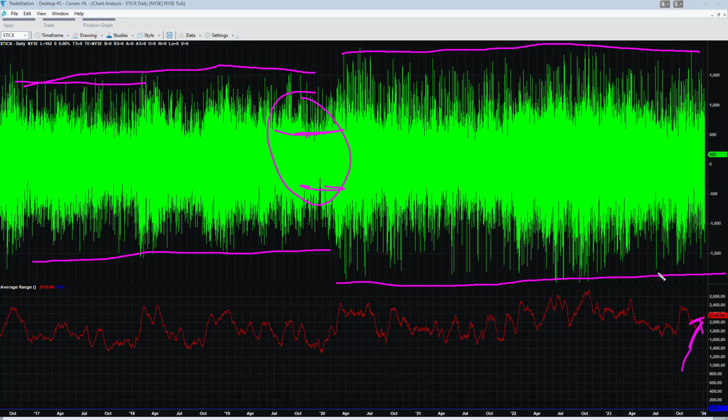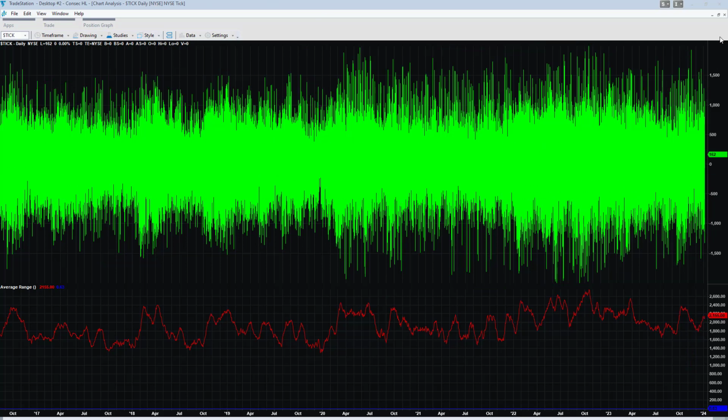Since the pandemic, it's contracted lately. You can see a little bit of a contraction here, but it's starting to expand again while the VIX ranges. Could this indicate a breakout because the VIX ranges are narrow, but the tick is starting to expand? Does it lead the breakout? And we can look back in 2018,